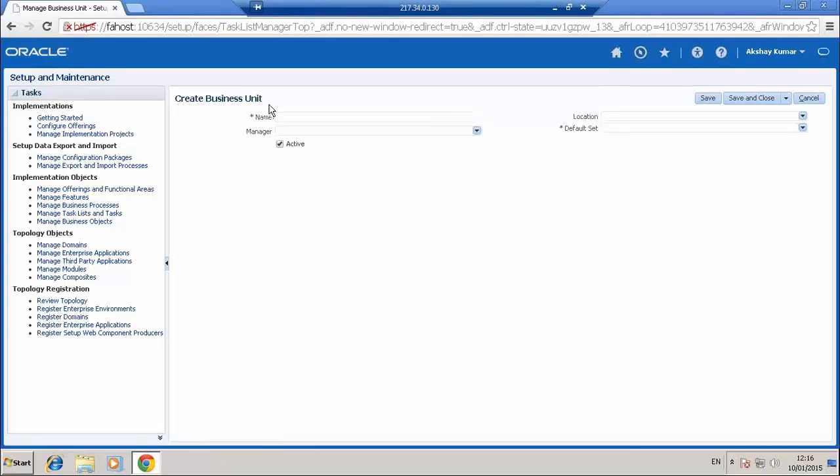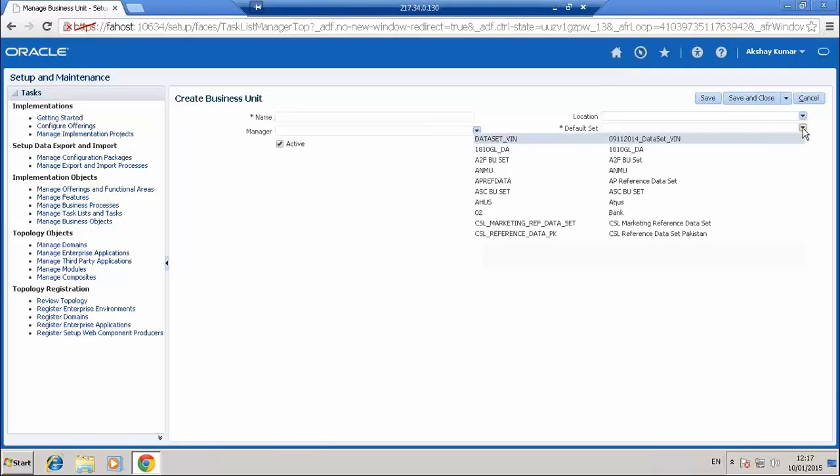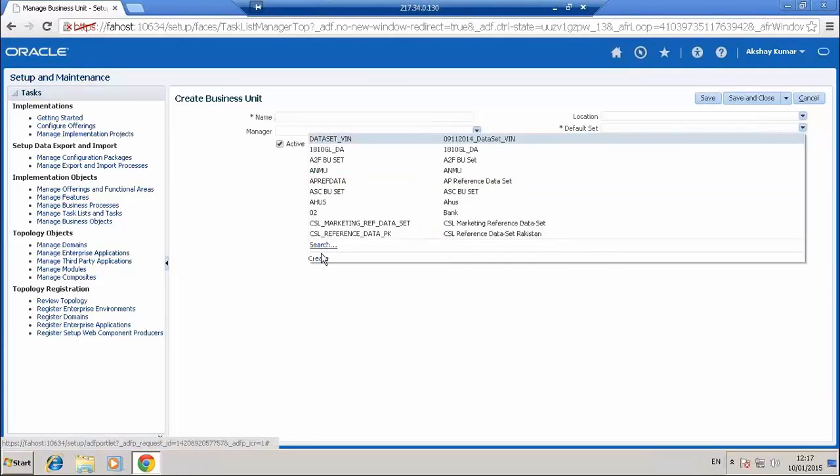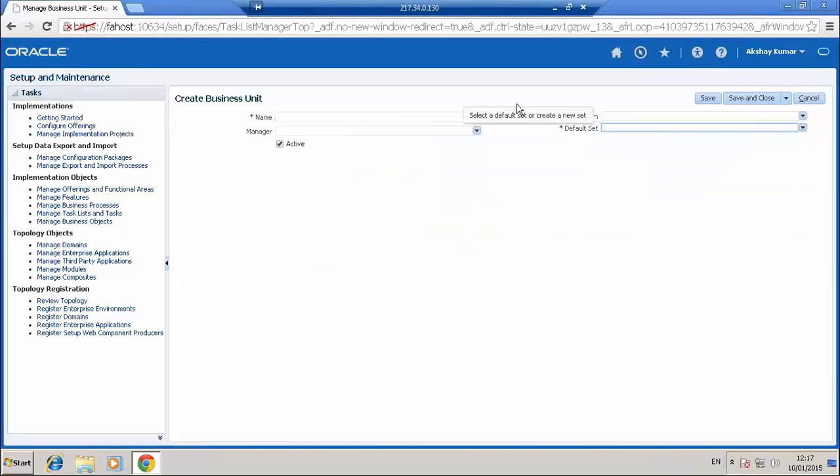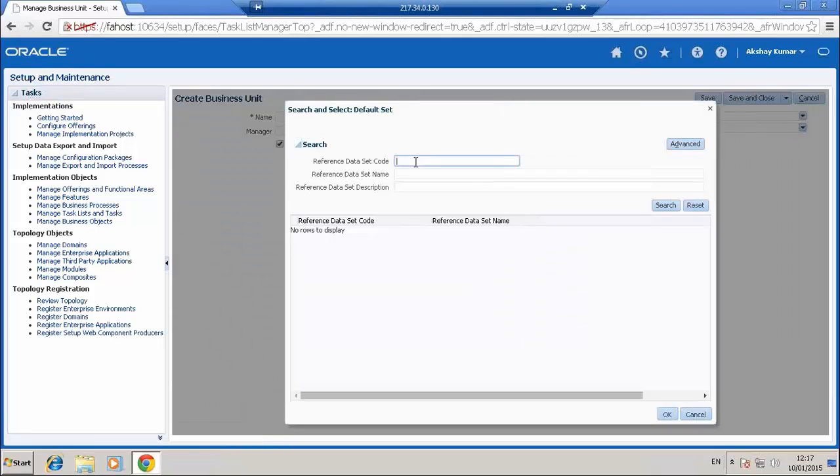What you can do is, when you're creating a business unit, you just name the business unit and as a default set, just give it as common set. I'll tell you what is common set, another thing. Yeah, this is where I got confused. I was doing this and I was like, what is this common set? So I got confused there and I stopped. Okay, no problem, I will brief you about it. When you create a business unit at the initial stage, just mention it as common set. I'll tell you the reason behind that.